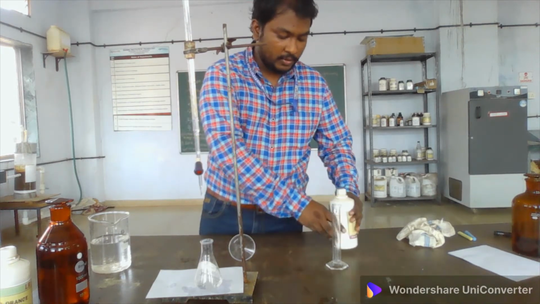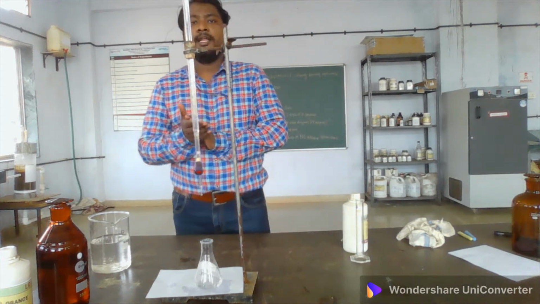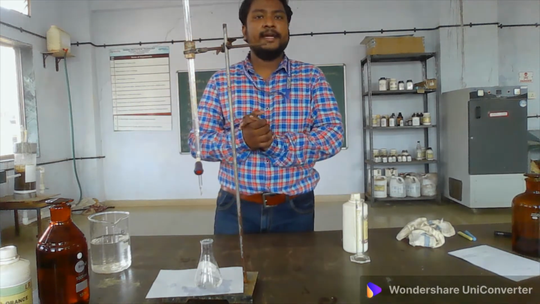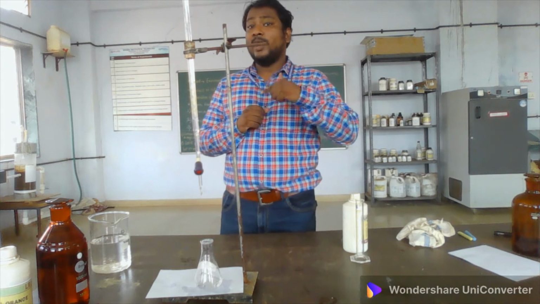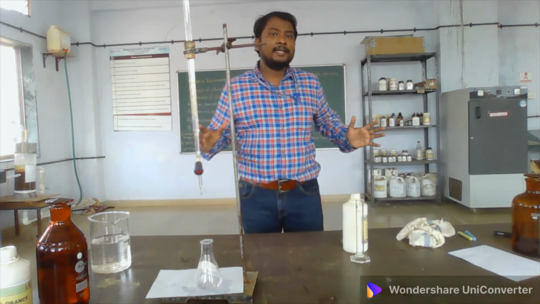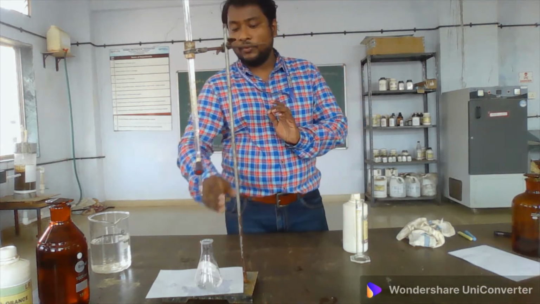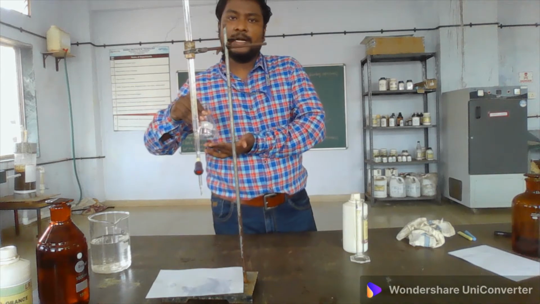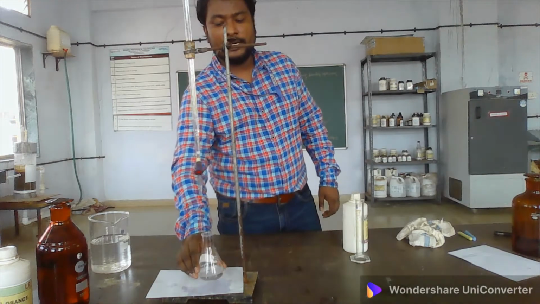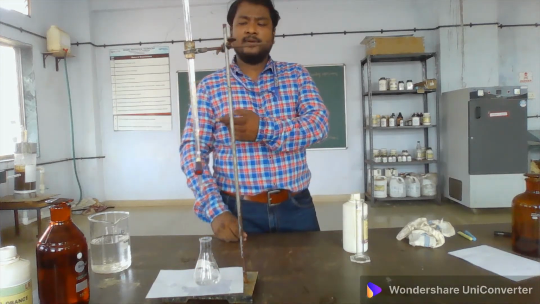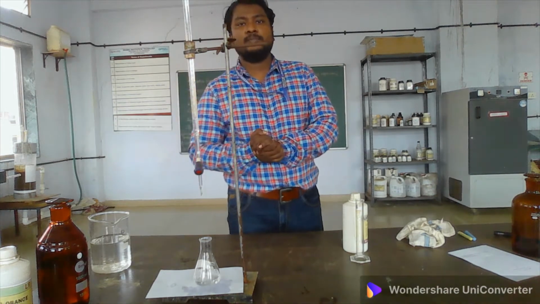This indicator I am going to keep aside because the work of this indicator is completed. Now I am going to take the second indicator, which is used in the second stage of this titration. Why is it a unique titration? Because when you use 2 indicators, we are not going to change the sample. You are able to see that I have kept the sample the same. I have checked with the phenolphthalein indicator, but color change has not occurred. Hence I have not performed the titration.